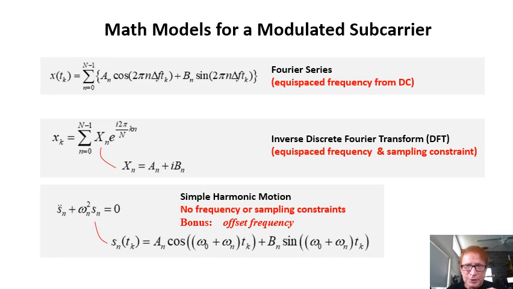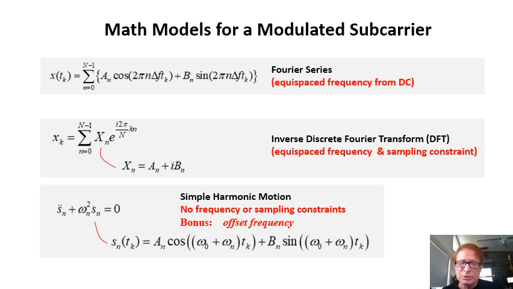It's just from the Fourier series used to represent any arbitrary time series. This form of multi-carrier model is constrained by having its subcarrier frequencies equally spaced in frequency, and it must include a DC component. The second math model uses the discrete Fourier transform, or DFT, and represents the subcarriers with